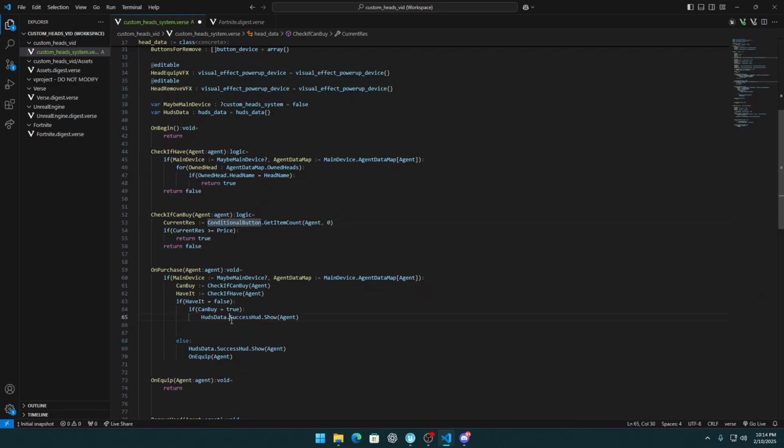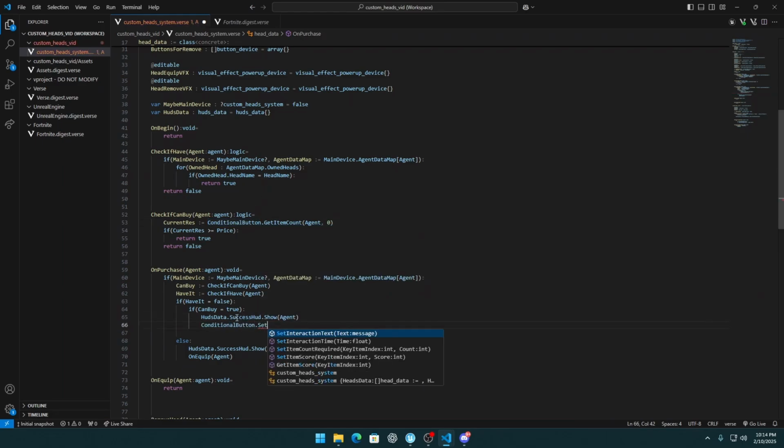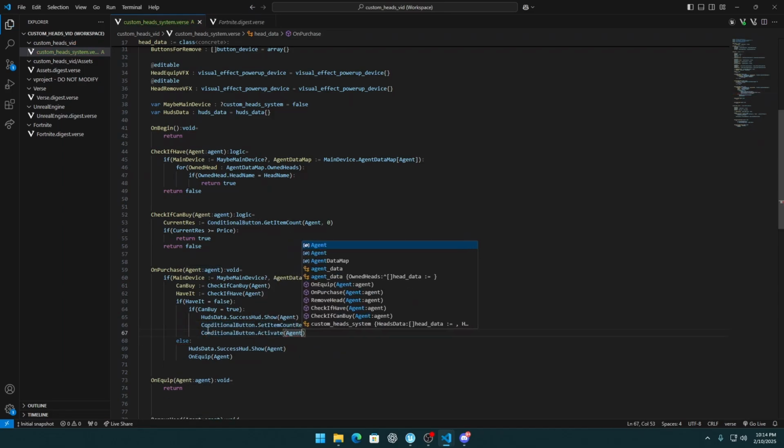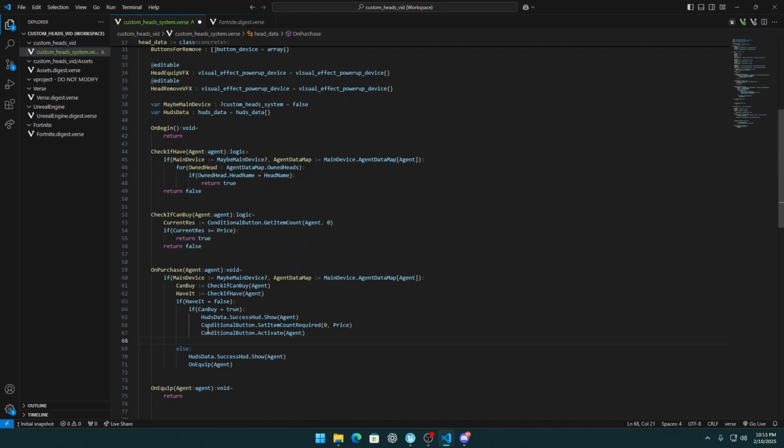In the conditional button, we need to set the item count required to 3.0, and the count will be our price. So we're setting the price on the conditional button. Maybe in UEFN you forgot to set it up, so no worries, we set it up here. And when the conditional button activates, we're charging the player the resources that the price is,